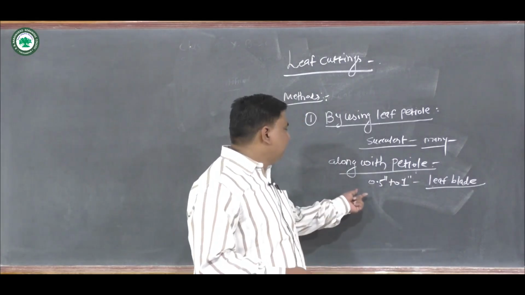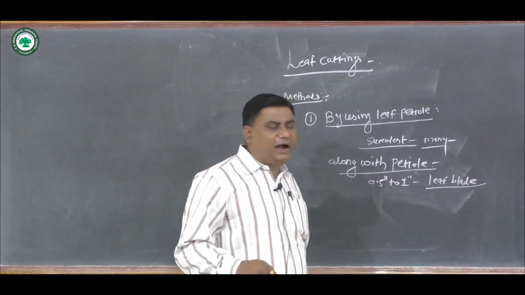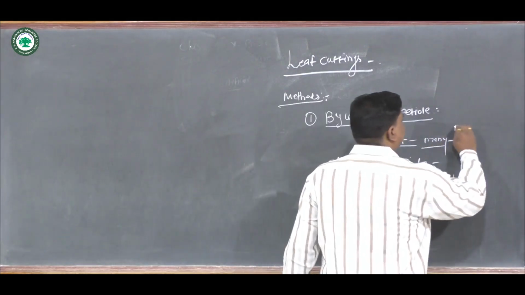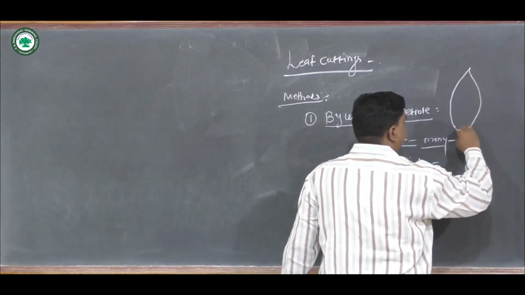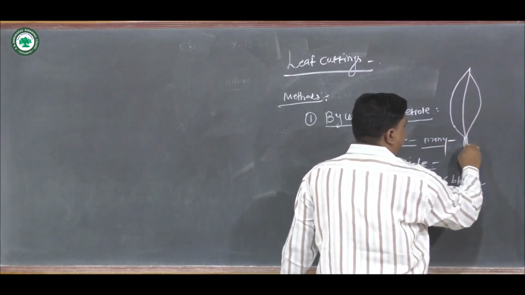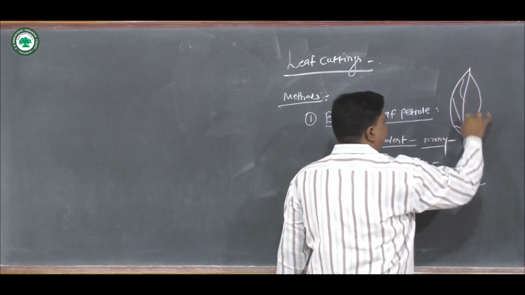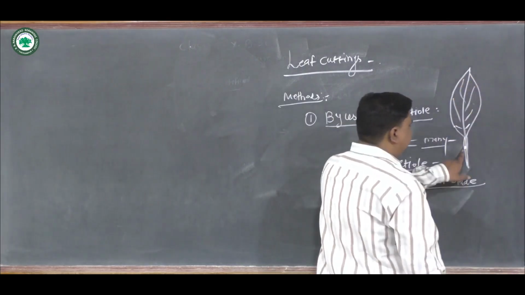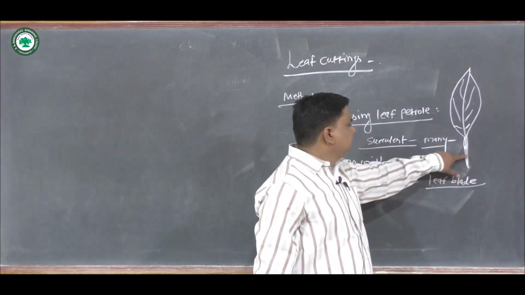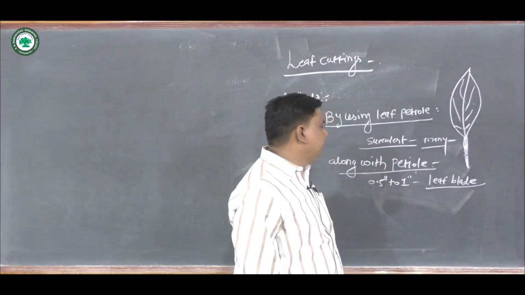After that, what will be done? A small hole is prepared in the soil, and the petiole of the particular leaf, suppose this one is the leaf, and suppose here there are the buds. Okay, here there are the buds. So up to this, what we call 0.5 to 1 inch of the particular